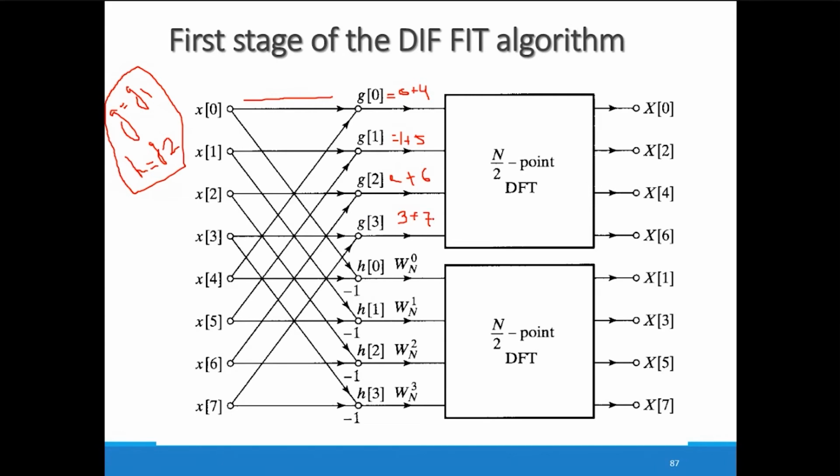In the second term, we have seen that we have to do the subtraction and then multiply with the twiddle factor. To do the subtraction, whatever the second term is, it is multiplied with minus 1. So to achieve the subtraction, the first term is as it is, in this case x0 is as it is. The second term is x4, which is multiplied with minus 1, so you are getting 0 minus 4. After getting 0 minus 4, meaning x0 minus x4, we are multiplying with omega n raised to 0.